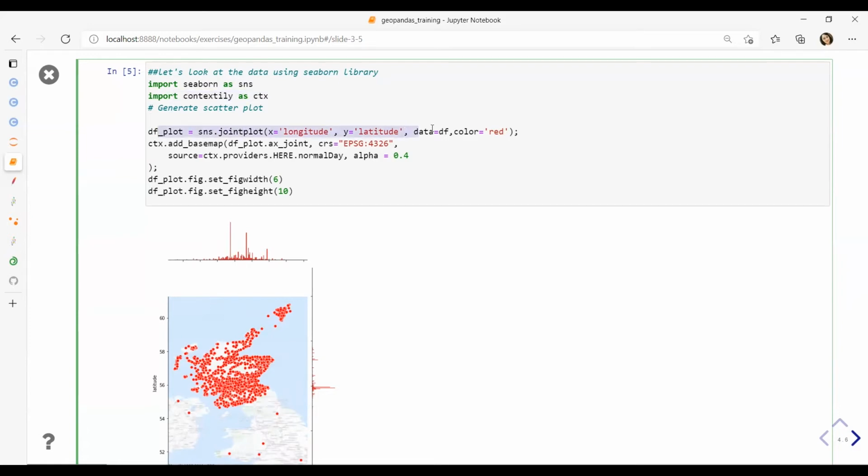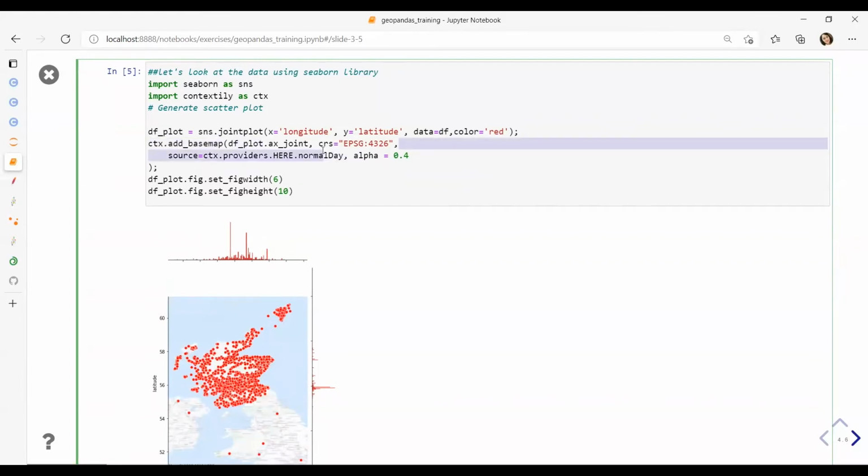So on this line, I specify that I want to create this type of plot called a joint plot, where X would be longitude and Y latitude from my data frame. By default, I think the color is blue, so I changed it to red to make the data more visible. On this line, I'm adding a base map from Contextily, and I'm saying that I'm adding it on the same plot.